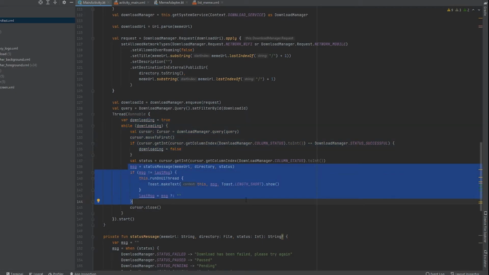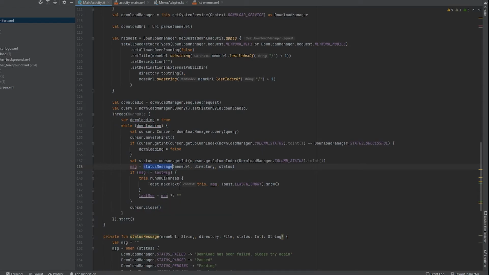So basically till here I think you got an idea, and I will just speak about this message and last message. So I am storing some value into my message, and I am checking if the message is not equal to last message, so that you know that the while loop is continuously looping until we get the status as success. So message will be calling this function every time it comes here, and when the value changes we need to show it to the user. So that's what we are checking here. If the message is not equal to last message, then we are showing the message to the user, and then we are setting the last message to message.